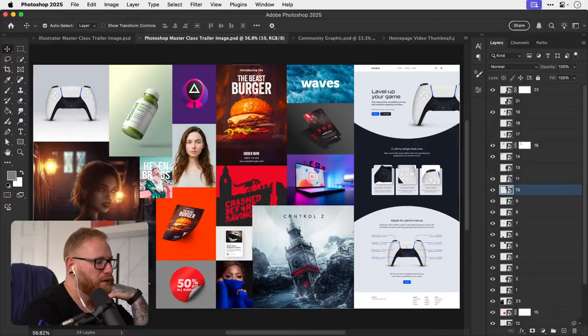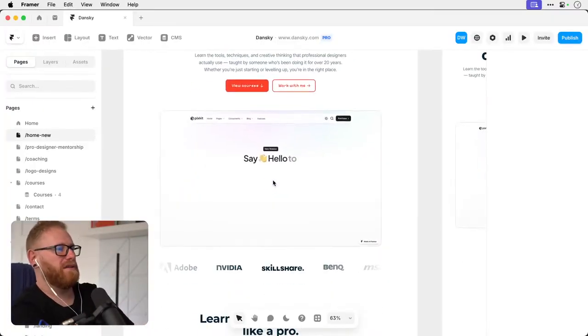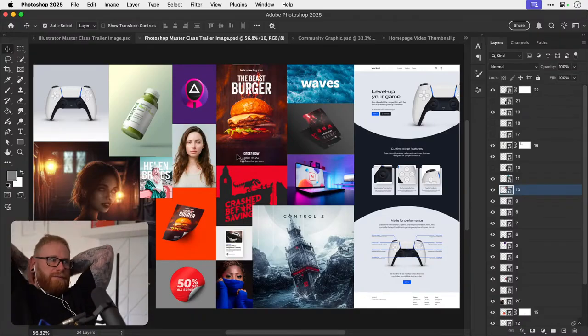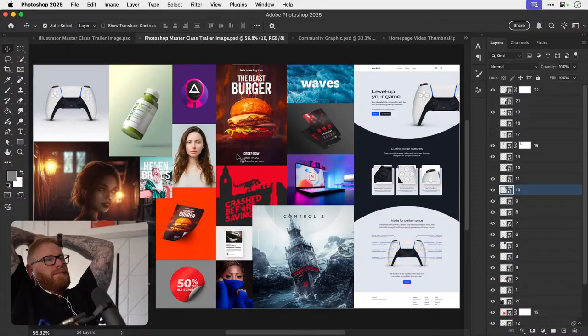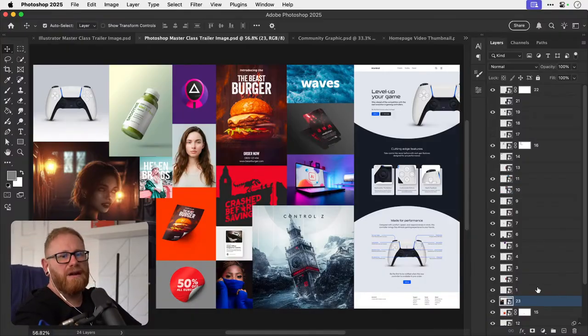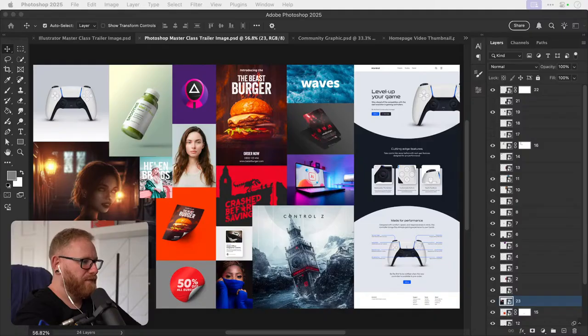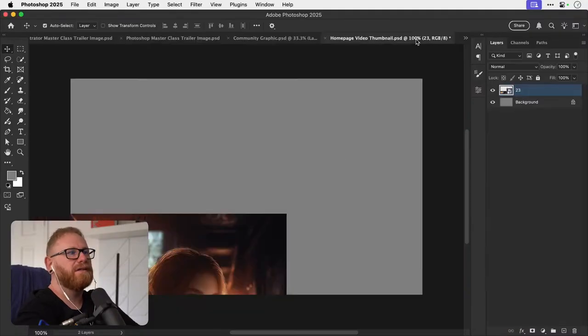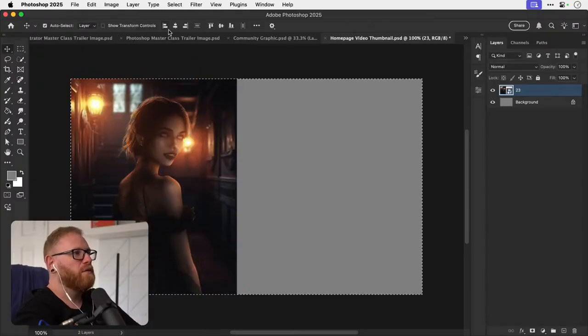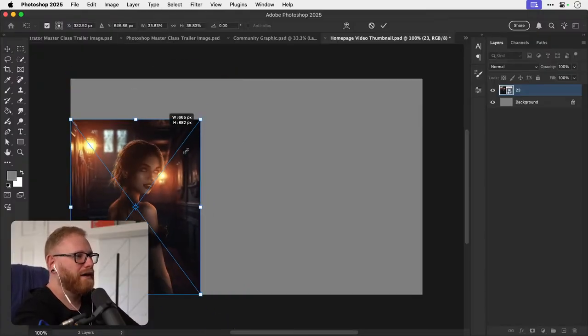Which images would look really good on here? Just because they're all so different as well. Oh, let's just grab some and see. Let's just start playing around. Otherwise, we'll sit here for the rest of the day doing nothing, and everyone will say, Dan, what's wrong with you? You stopped moving and talking. You okay?